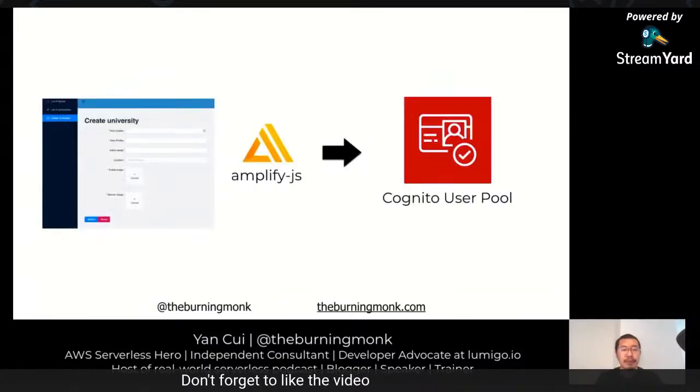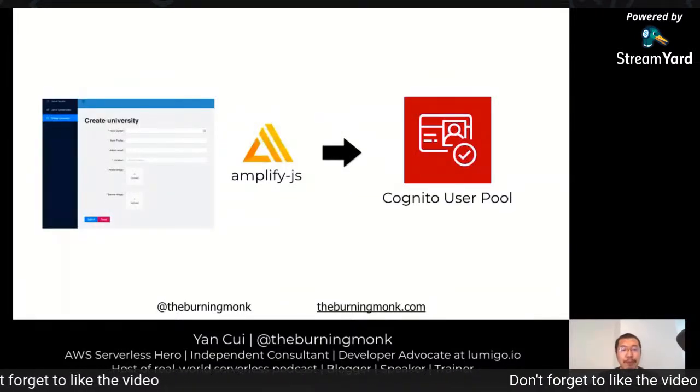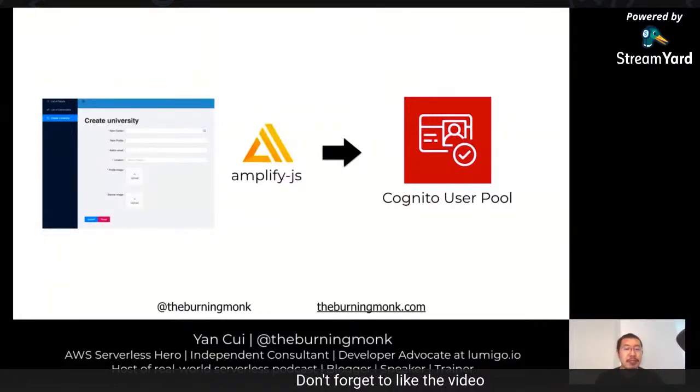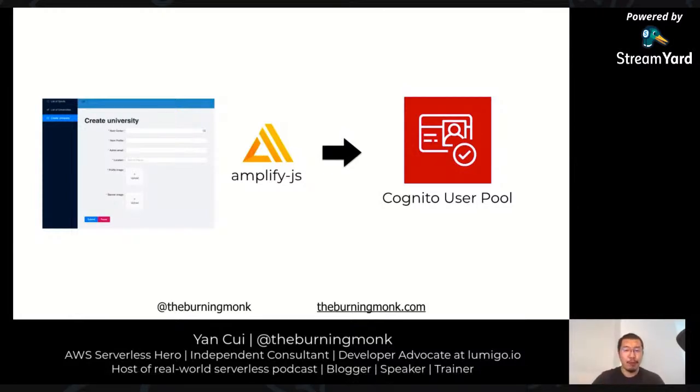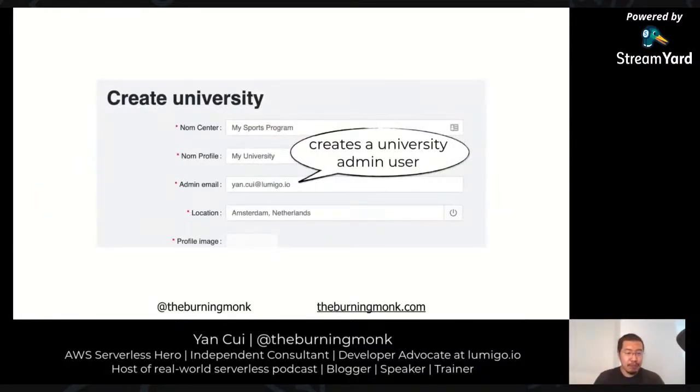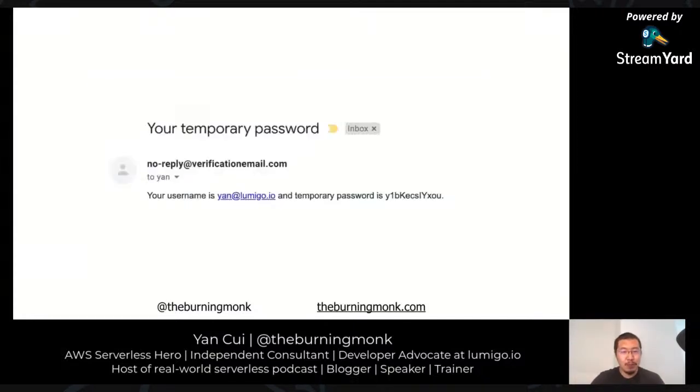Oh, right, and don't forget, we also built the CMS as well, which also uses the Amplify JavaScript library to authenticate users to the CMS Cognito user pool. And as an admin for the app, which would mostly just be the two founders, they can onboard new universities and configure the default list of sports that you can see in the app. But when you onboard a new university, you can also invite an admin staff from the university to the CMS as well. And we would generate a temporary password for them when we register the user in the Cognito user pool, which is all done by a Lambda function behind the CMS AppSync.